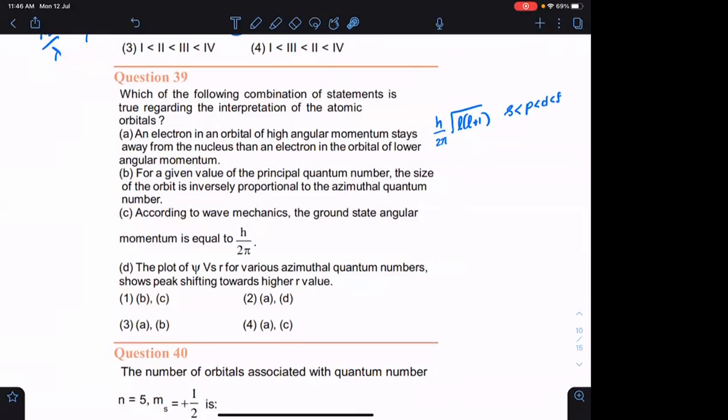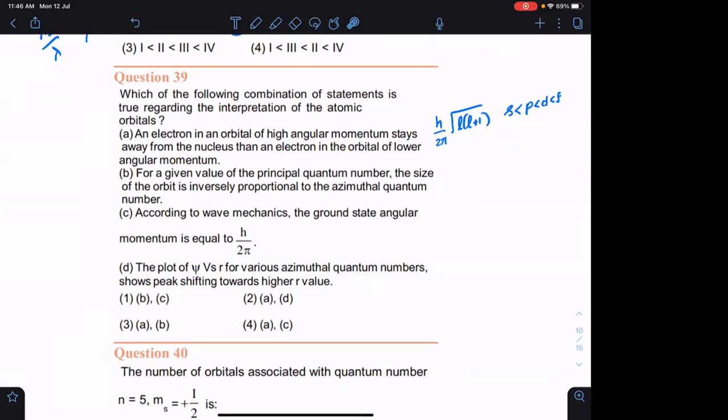हमने penetration power करके कुछ पढ़ा? As per penetration power, an electron which is present in s orbital is close to the nucleus when compared to p, d, and f. Agreed? I'm not referring to the radius of maximum probability. Radius of maximum probability उल्टा रहेगा, जैसे हमने last lecture में problem solve करते समय देखा. The radius of maximum probability is different, but the overall electron will be present close to the nucleus if it is present in s, then p, then d, then f. Agreed? That is based on penetration power.